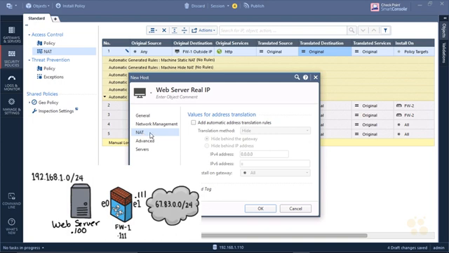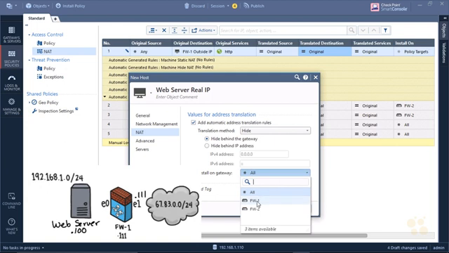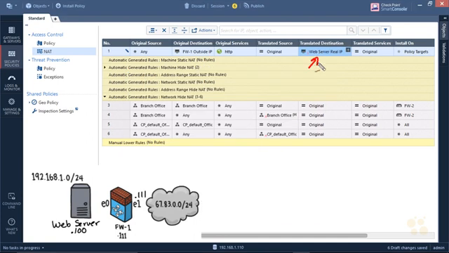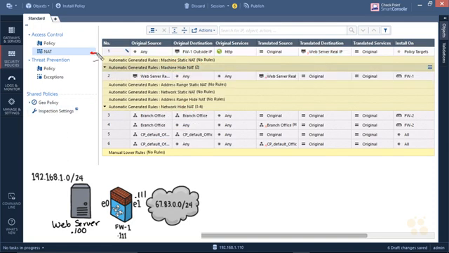So with NAT selected on the left, we'll click on the checkbox and put a check there for Add Automatic Address Translation Rules. We're going to go ahead and use Hide, and we only really need to apply this to Firewall 1. So with all that in place, we'll click on OK. And notice this, it's placed it here for us, but it also created the AutoNAT rule right here in this AutoNAT section as well. So if we expand that, this rule number 1 would be used for incoming traffic going